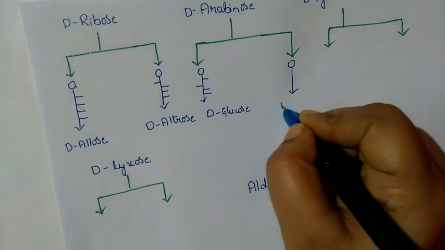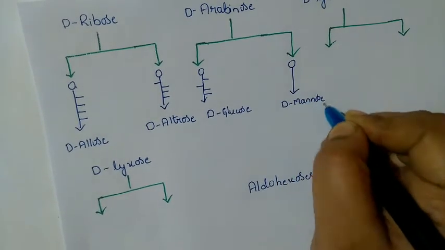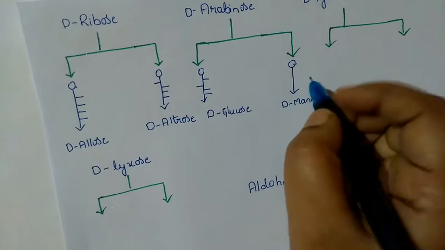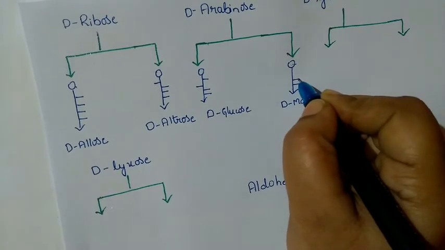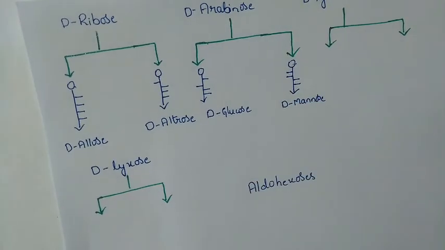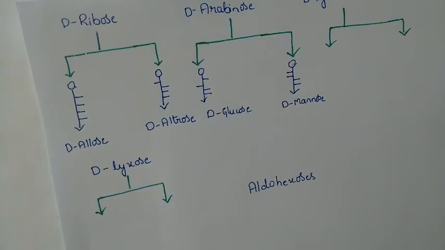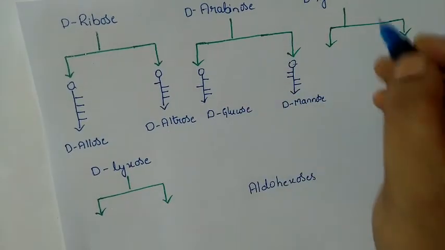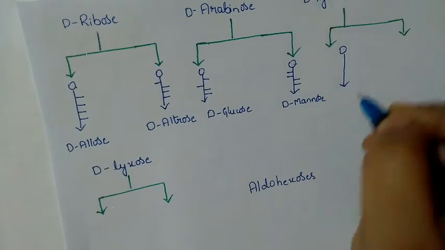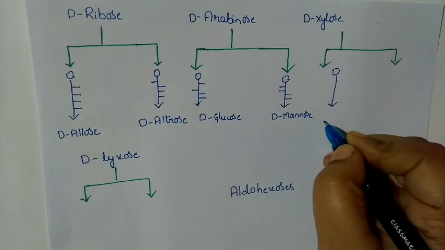What is the difference in D-mannose? We have discussed that one. First carbon is over and sixth carbon is over. Fifth like this only, fourth like this only. Third, and this side, it is the second carbon atom. So this is what D-mannose is. This is about D-arabinose. D-xylose we will discuss. Next one, D-mannose over.